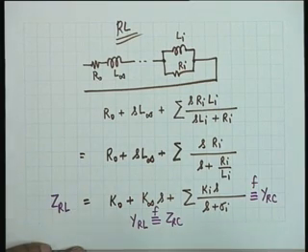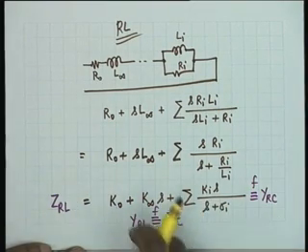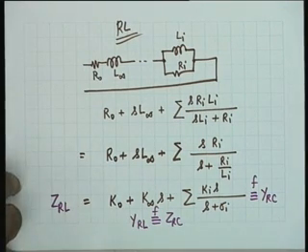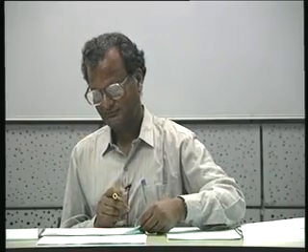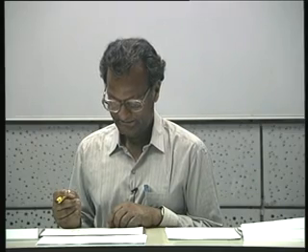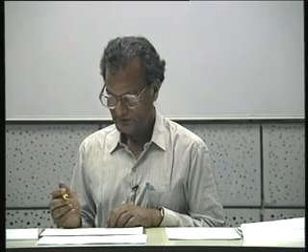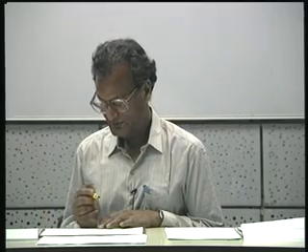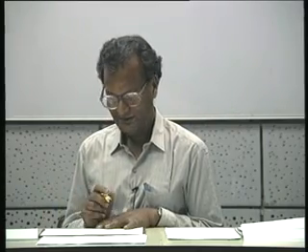Alright, therefore, whatever we have said about ZRC does apply to YRL also. For example, the example that we took. For first two expansion we have to divide by S. For Foster 1 we have to divide by S, because